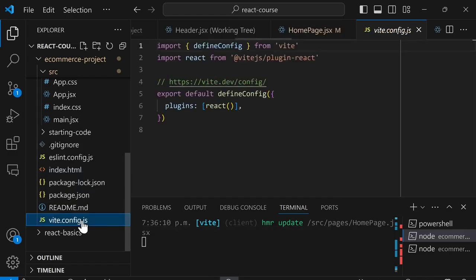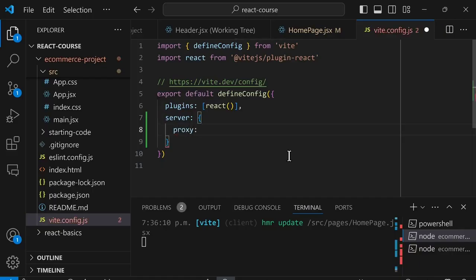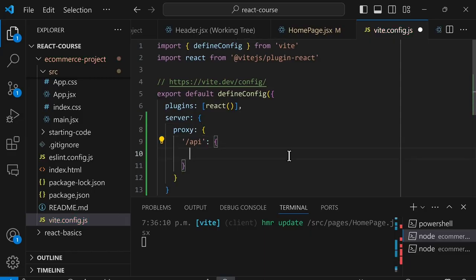vite.config.js. And inside here, we're going to add the property server colon and an object. And inside we'll add the property proxy colon another object. And in here, we'll add a string /api colon, and we're going to give this an object. And inside, we'll add a target property colon and the string http://localhost:3000. So this is called a server proxy configuration. This just means that if the URL